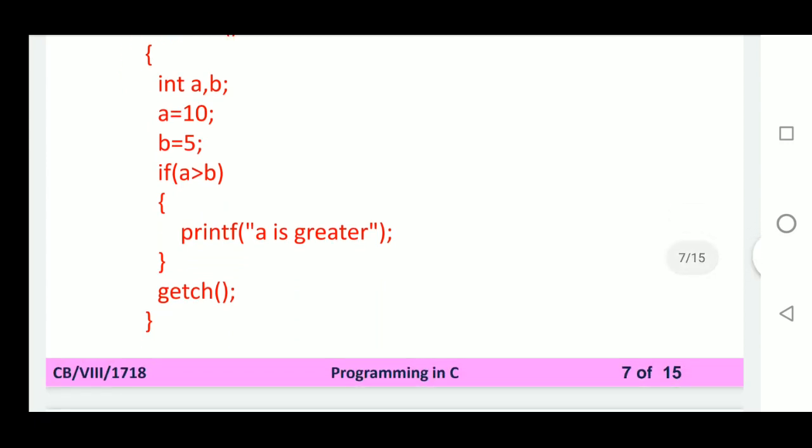The condition is: if a greater than b, then only this print statement will execute. If a is less than b, this print statement will not execute and no output will come on the output screen.